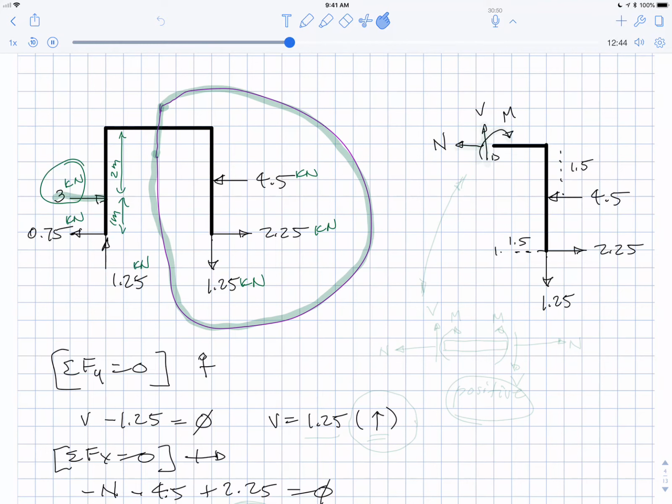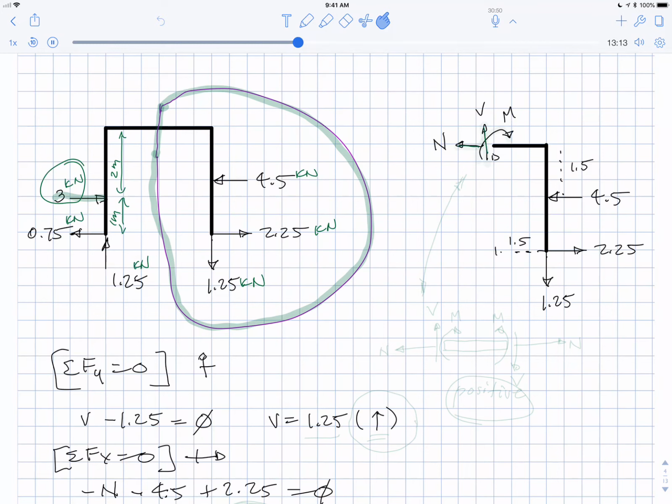Now that we've sliced it and we have our loop, draw everything that's in the loop. And partly why we circled to the right is that it eliminated having to get that 3 kilonewtons on the left side correctly. Most people can find the area of a rectangle, which was 4.5 kilonewtons, and the centroid of a rectangle is in the middle. Okay, so I drew in everything that was in the green loop there,